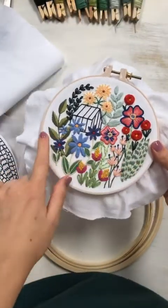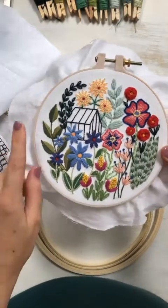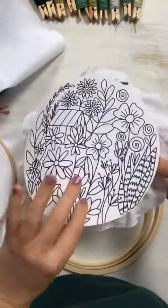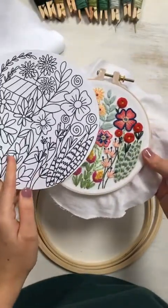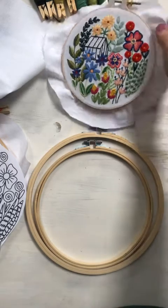So this is the stitch along pattern. I'm just going to show you how to pick your fabric, how to put the fabric in the hoop, and then how to transfer the pattern onto the fabric. So just a minute. Grab my iPad. Okay, so this is the